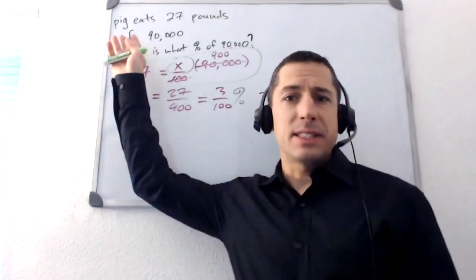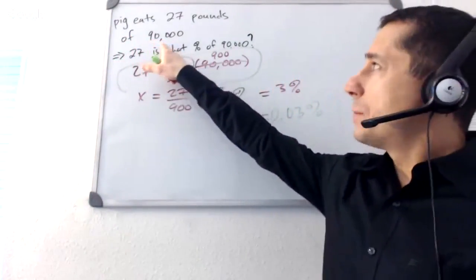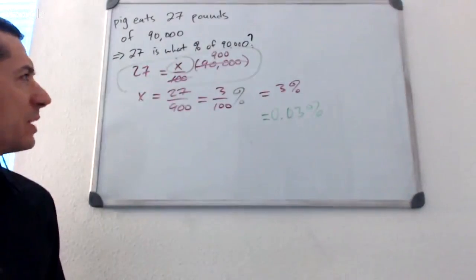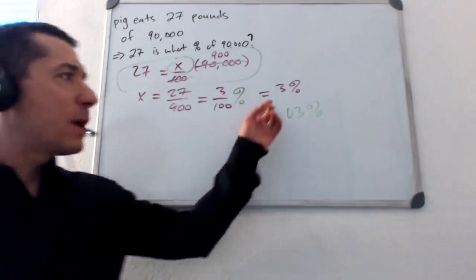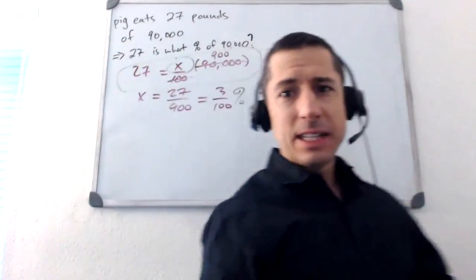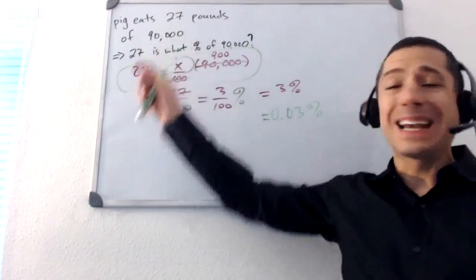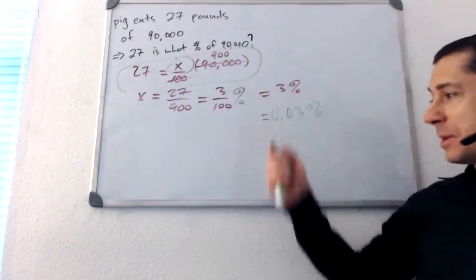They've been nice enough to give us numbers on this question. 1% of 90,000 pounds of corn in the silo. What's 1% of that? Well, 900. There is no way that pig ate 3%. That's not even in the right ballpark. The pig only ate 27 pounds. 1% would be 900 pounds. This can't possibly be right.